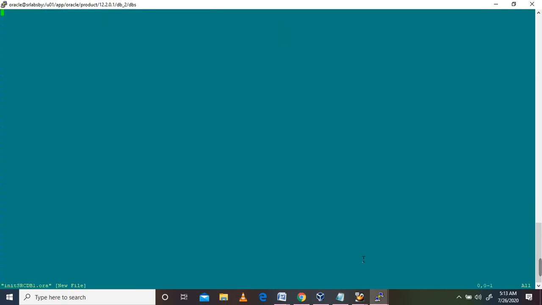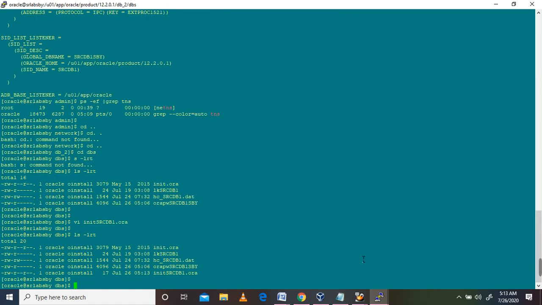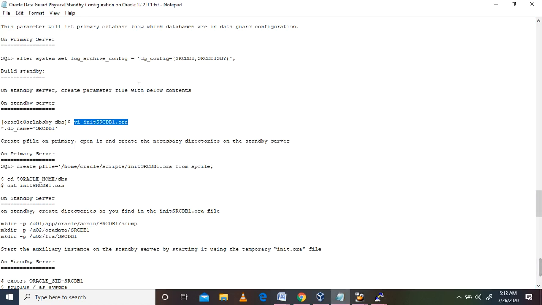So here db_name equal to srcdb1. Okay, so I have created the initialization parameter file with that DB name, the source DB name.